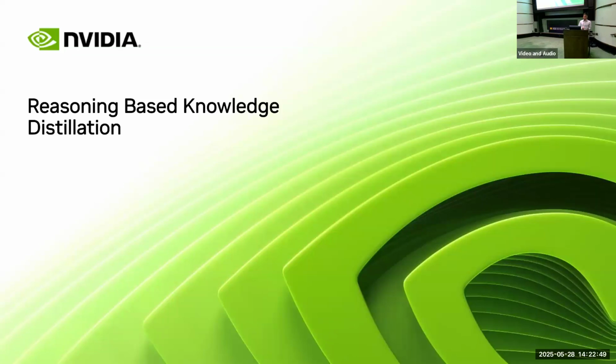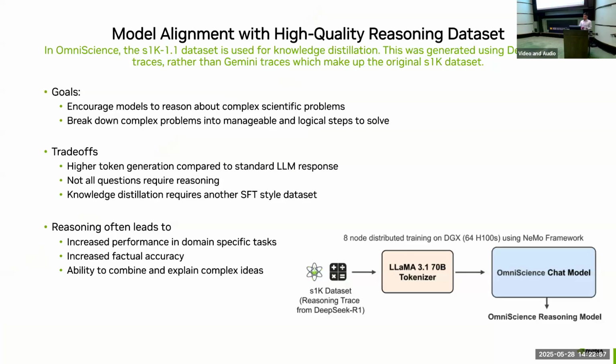And so finally, before talking about some end-to-end use cases, I'll dive into the reasoning-based knowledge distillation just a little bit more. And so again, for this particular set of examples, our reasoning-based knowledge distillation step is essentially just one more stage of supervised fine-tuning, where we have a very domain-specific data set that has questions and answers, and these answers have these reasoning traces from foundation reasoning models themselves, which we can then just use to directly learn how to reason in our smaller models.